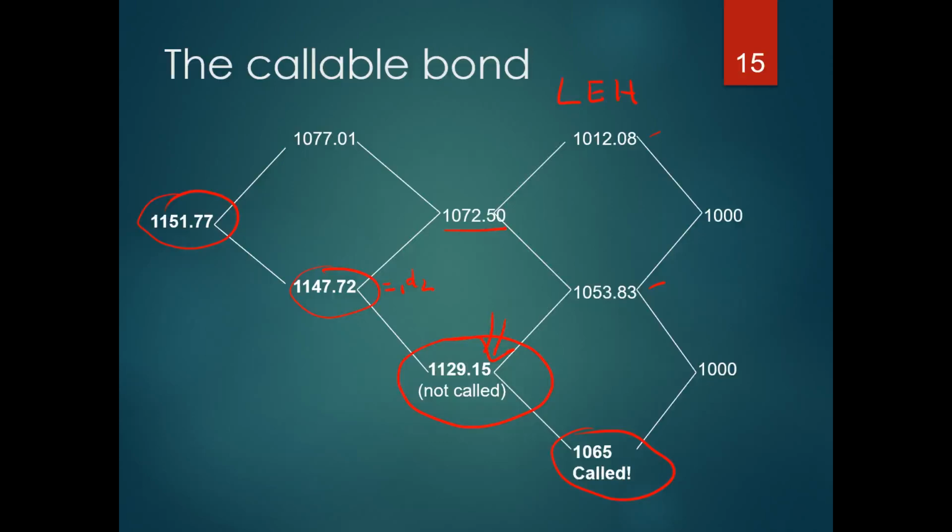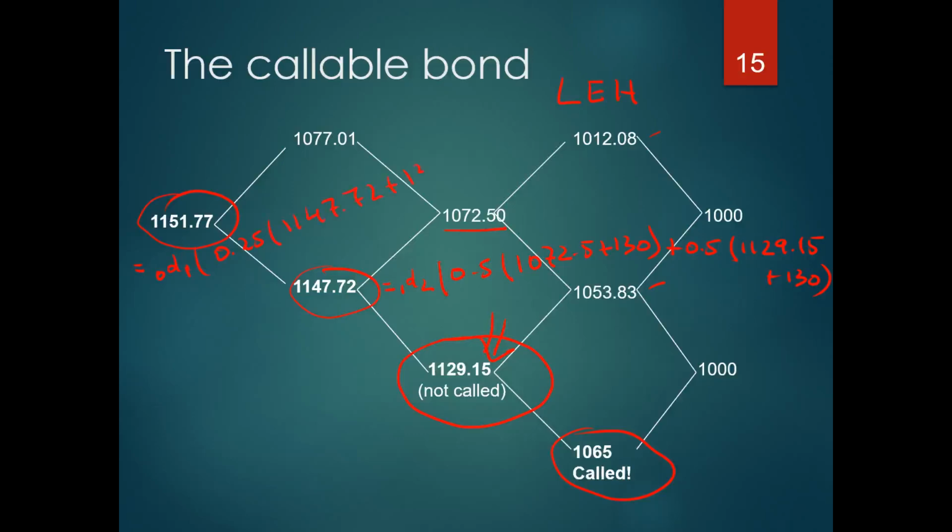So this would be the discounting factor, and then the expectation is going to be the probability of the up move, times the 1072.5. Now you would have to add the coupon, and then the probability of going down times the price plus the coupon. So in this case, you're going to have the 1147.72. You can use exactly the same trick for this one, for the 1151.77. So this one is going to be equal to the discount factor, and then probabilities, the probability of going down is 0.25, and then it's going to be